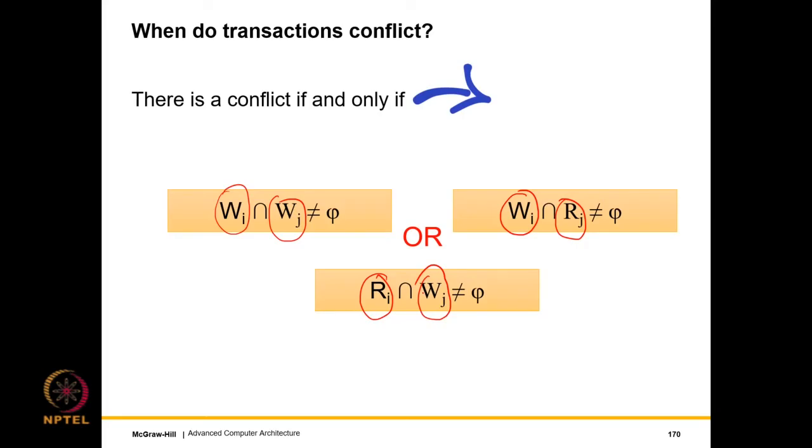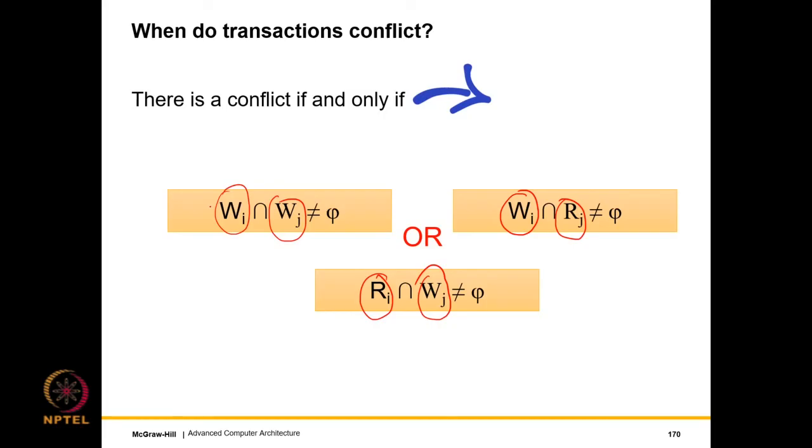Mainly because we can have a write after read or a read after write problem. Right, so this characterization is very similar to data races. So in data races, we had said that two accesses are conflicting if at least one of them is a write, which means that there has to be an ordering between them. So we can extend the same idea to transactions, where instead of single accesses, we'll be looking at sets. Right, so we'll be looking at read sets and write sets, as you can see over here.